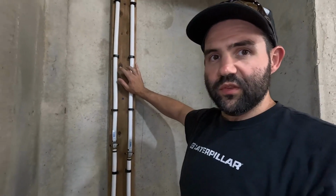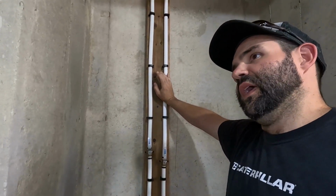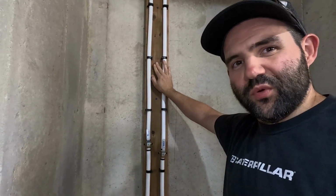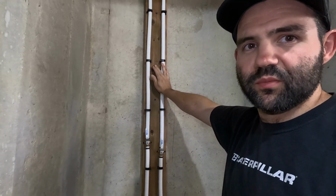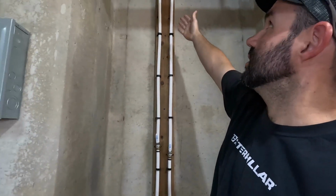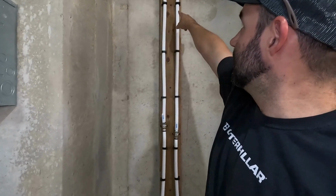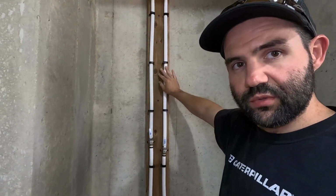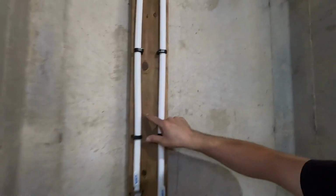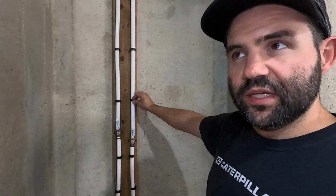This is a weather treated board. I did some research when I was doing this, and everybody says if your board's touching your concrete, you should probably use a weather treated board. It's like $2 extra. So I just had a weather treated 2x6, and I put some, I believe they're called red heads. You just drill and then put in the blue anchors. And then I just use these little plastic clips, and